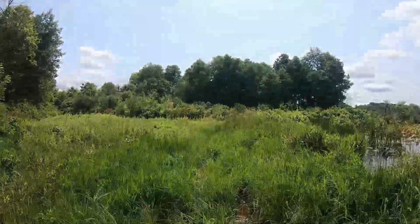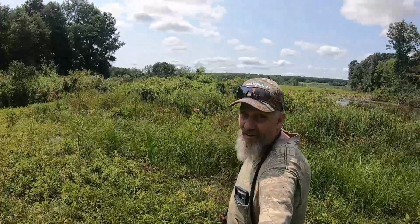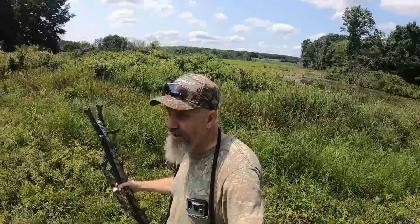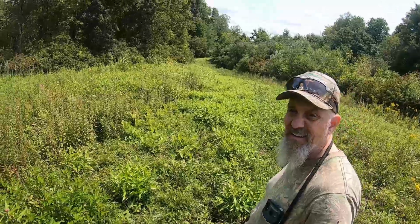That would be not good. All right, as you see, I don't know if you can see back behind me, but the railroad bed way over there, cutting through here. Onyx Maps showed me this little area here, and I'm going to be able to walk it. But